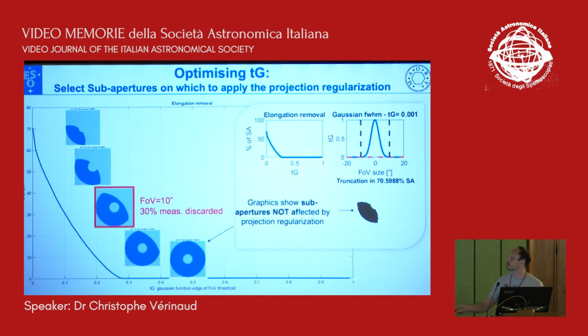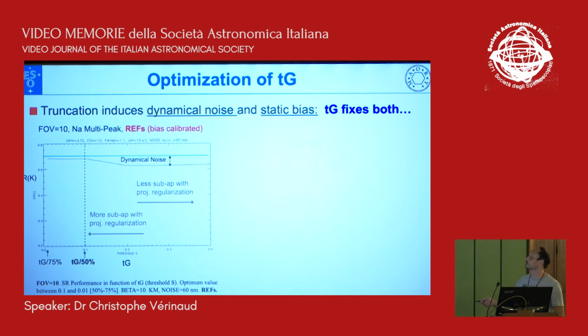So depending on TG, what is represented here is the subapertures that are not regularized. When you go to small values of TG, you regularize more and more subapertures, and at the end you have only 1/3 which have not been touched. And this is a parameter that I use in the simulation. So here, one simulation, in this case, I suppose that I have calibrated my static aberrations. So in the simulations, they are computed at iteration 0, and they are subtracted.